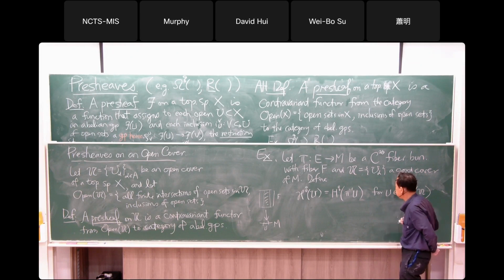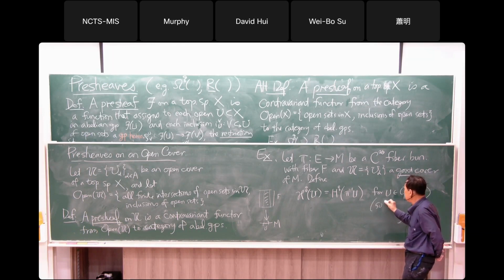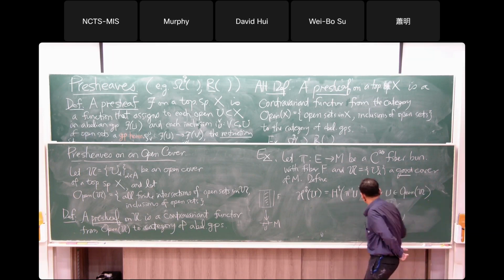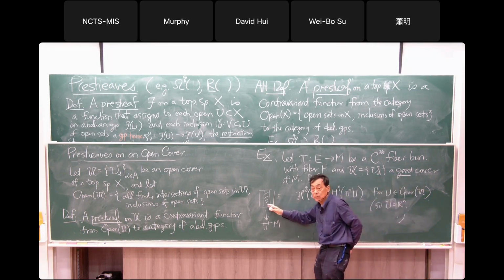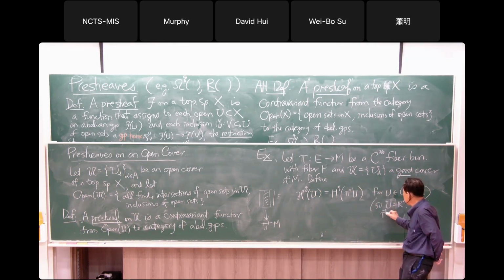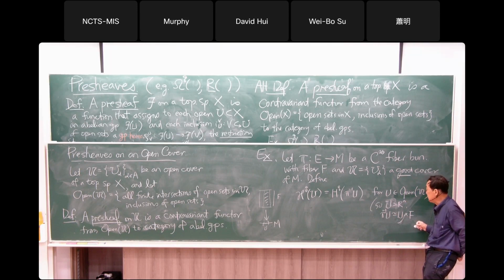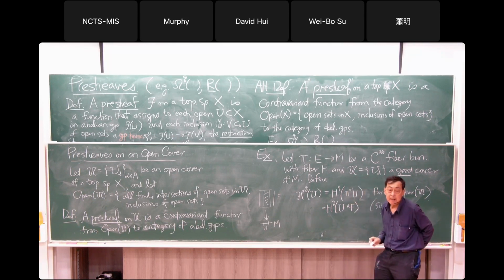Now, because you have a good cover, U is diffeomorphic to Rn. And we had a theorem earlier that we didn't prove, that when you have a fiber bundle over a contractible manifold, it is isomorphic to a product. So pi inverse of U is isomorphic to a product, and therefore this is HQ of U cross F. And by the Künneth formula,